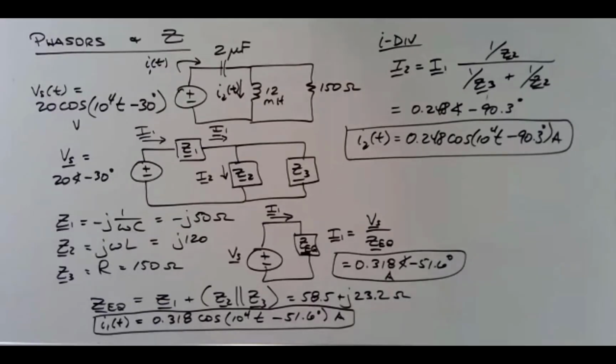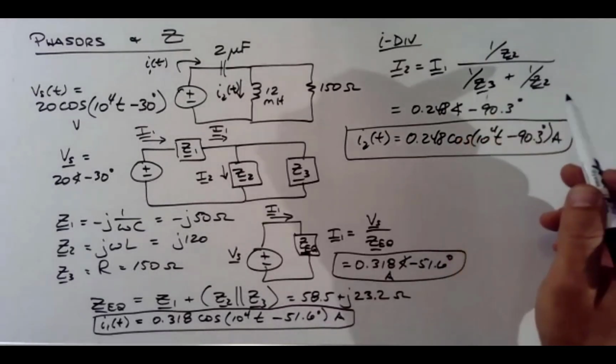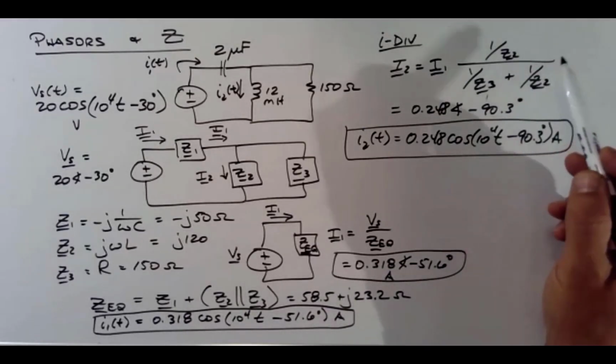Quick question. Yeah. So when we're doing current division, do we only use the reciprocals of the impedances if we're in the phasor domain? No, for resistors, you also use the reciprocals. Okay. There's a formula that shows up in some books that says this, but it only works for two resistors or two impedances, because if you multiply top and bottom of this by Z2, Z3, you would see that you get...